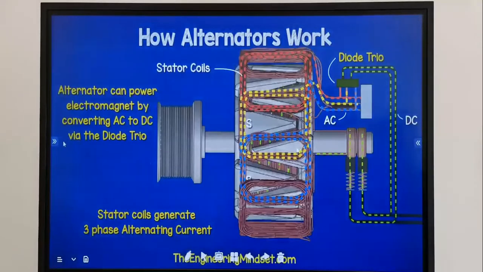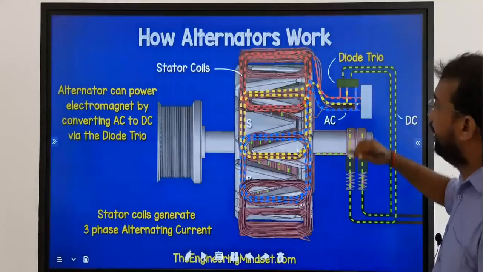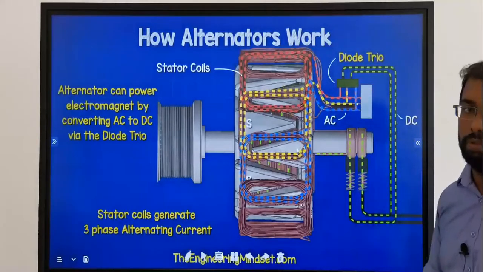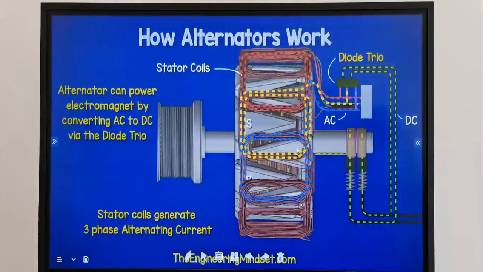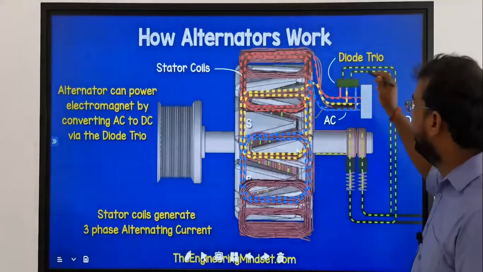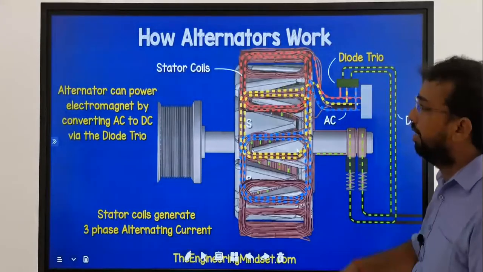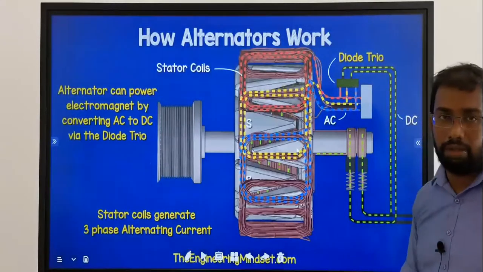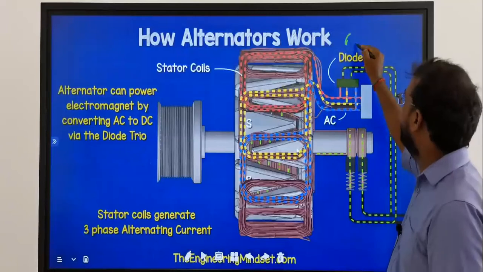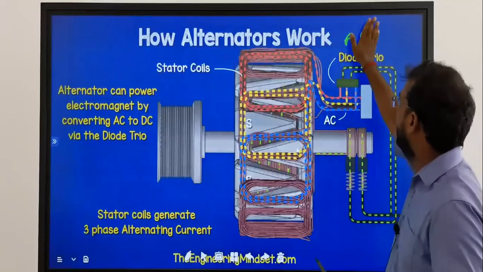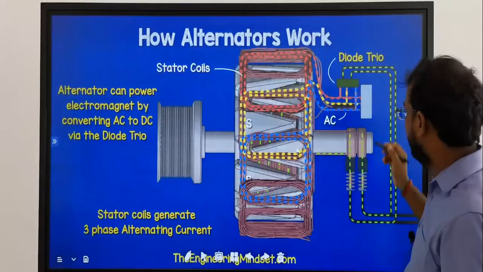Before that, I have to tell you about the work of this diode. With the rectifier, normally we charge the battery, and the battery uses direct DC current. This is AC, so we cannot directly give the supply to the battery, because this is AC current. The battery and other accessories use DC current. But what is AC current?